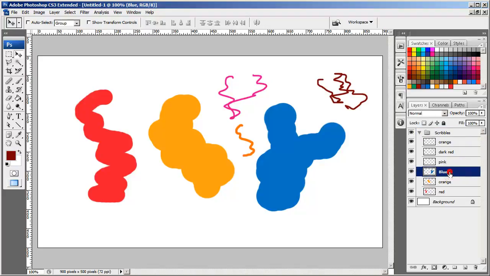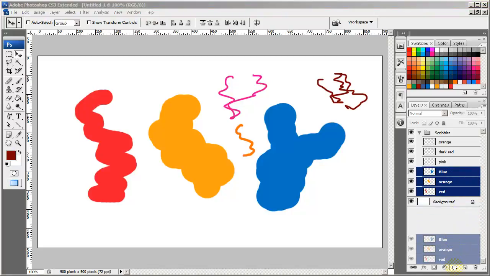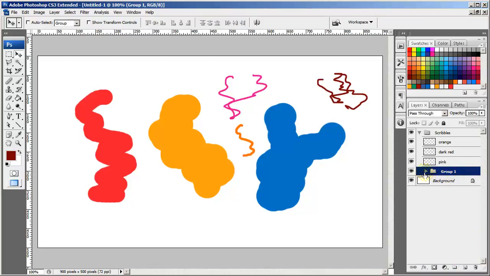If I select this one, I can hold down control and select this one and this one, or I can select one of them and hold down shift and just click on the bottom one there. And instead of creating the folder first, I'm going to drag these straight into this folder icon and let go, and you'll see that it's created a group for me and it's put all those thick scribbles within that group. So I'm going to double click on this text again and actually label it as thick. I'll just call it thick,